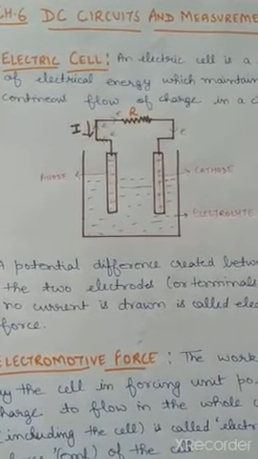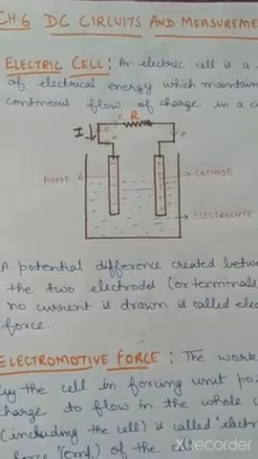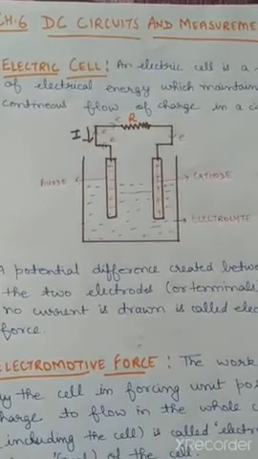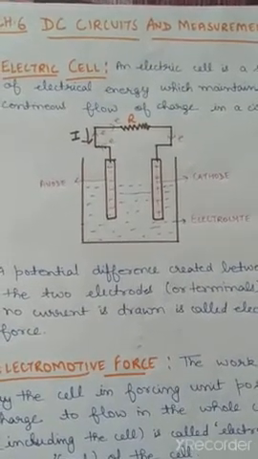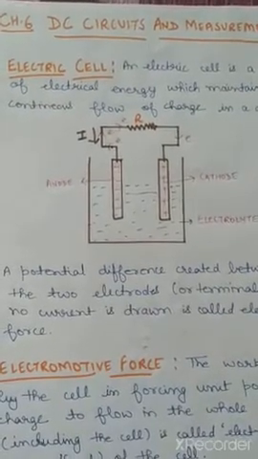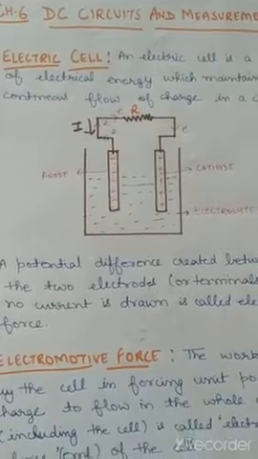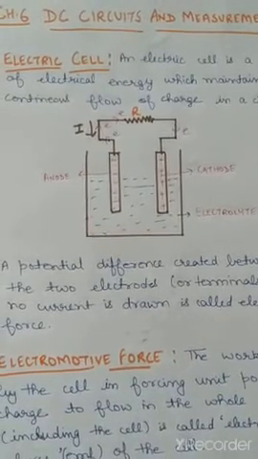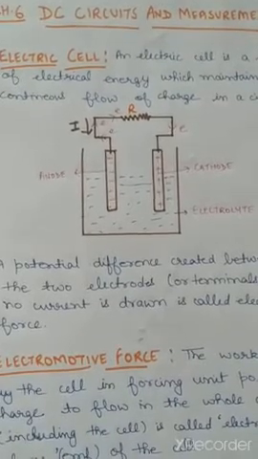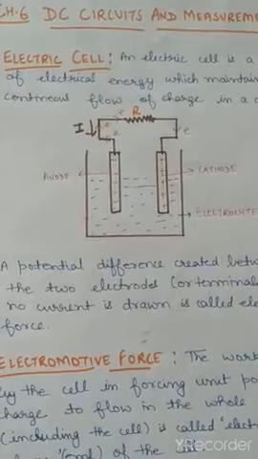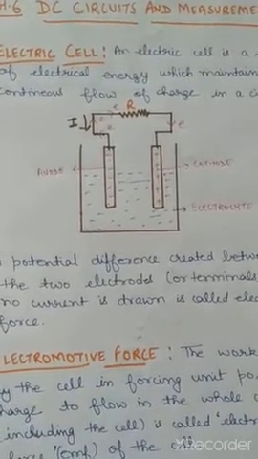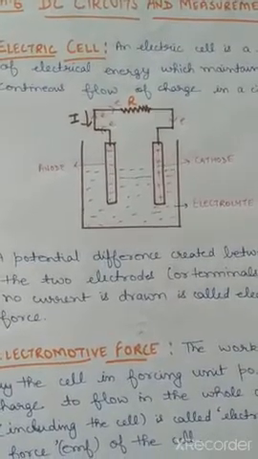So what is an electric cell? Since you have studied in chemistry about all the electric cells in detail, here we don't have to go into detail; we'll just find out the basic theory of the electric cell, and the main point that we have to discuss is the electromotive force of a cell. So the topic in this lecture is the electromotive force of a cell, terminal voltage, voltage drop and internal resistance. All of these are related to a cell, and we are going to discuss them one by one.